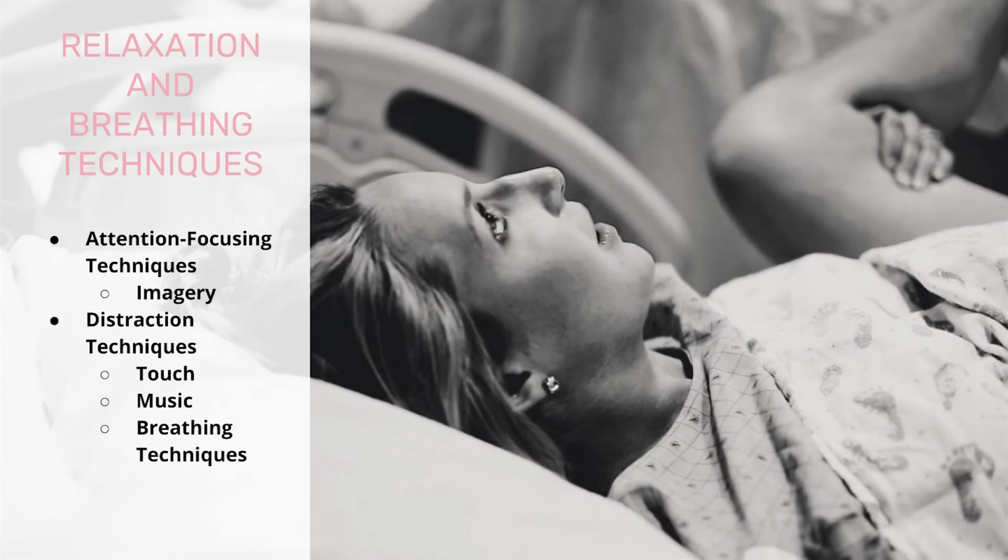So on the final slide for week 2, we're now going to go a little bit more in depth into some of these relaxation and breathing techniques. Recognize that we can divide them really into 2 categories. We call them attention focusing techniques. The main one there is imagery or guided imagery. And the second characterization is they're called distraction techniques, where we're really using different things to distract you from the